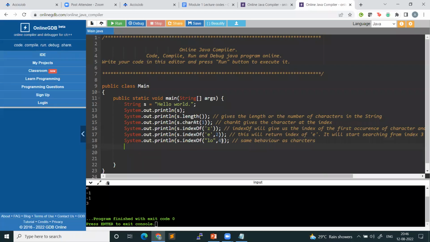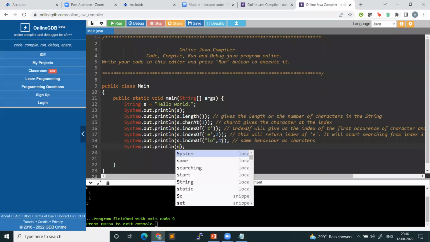Now after this index of, the next function that we want to understand is uppercase and lowercase. Pretty simple, right? So you basically have a function s dot